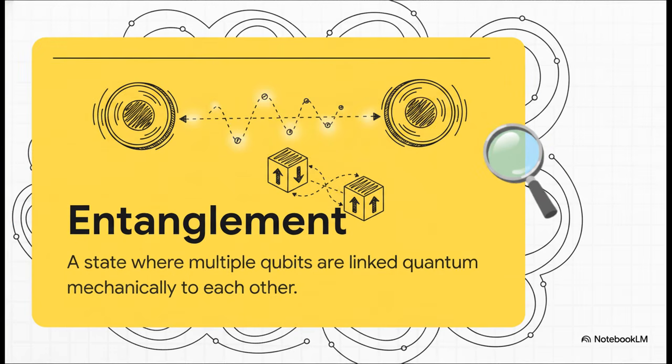This illustrates our next defining feature, entanglement. No matter how far apart you place these 2 spinning coins, even if one is sitting right in front of you and the other is on the complete opposite side of the planet, the very moment you slap your coin down and it lands on heads, the other coin instantly lands on heads too. Their states become mysteriously, undeniably linked together. In quantum mechanics, when the states of multiple qubits become entangled, they're linked quantum mechanically to each other. Combining this entanglement with superposition, that is what unlocks calculation capabilities totally unknown to classical computing.